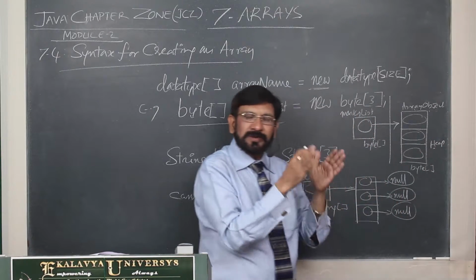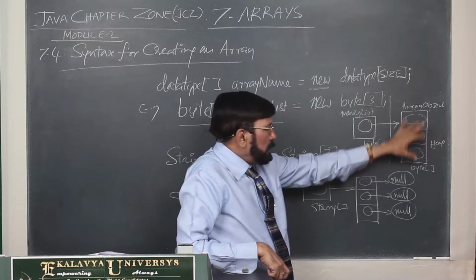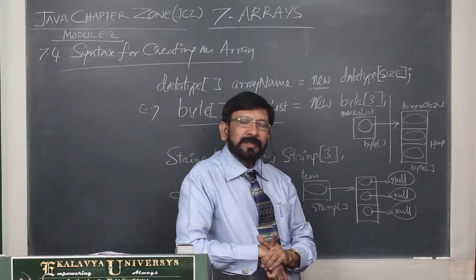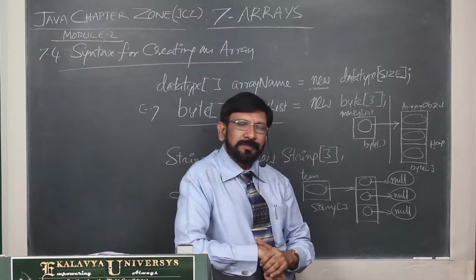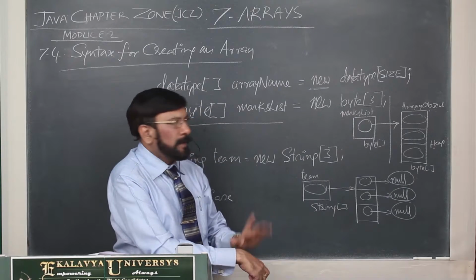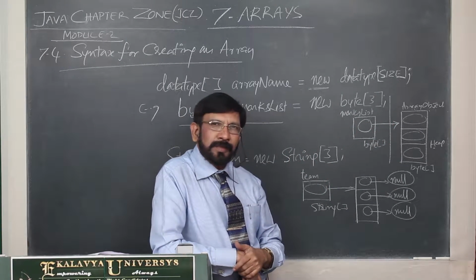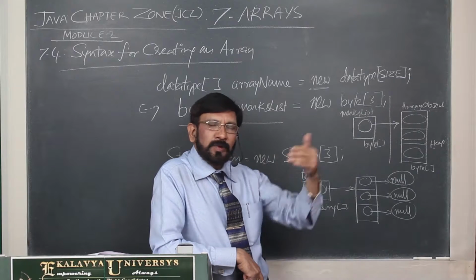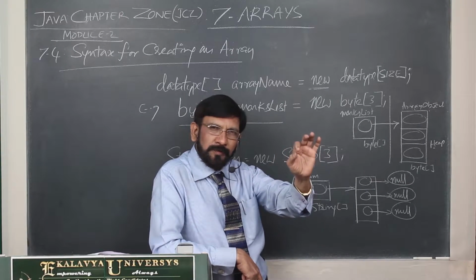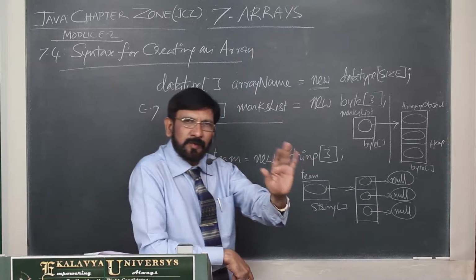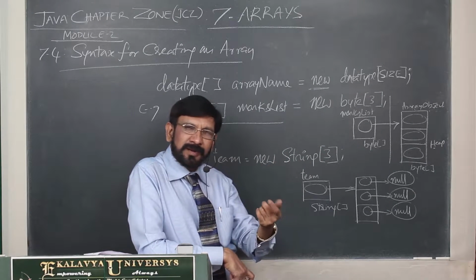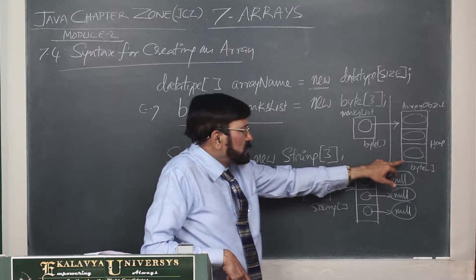Memory is divided in two parts, stack and heap. The new operator allocates memory on the heap memory. Here the problem with the heap is whatever amount of memory you require, you can get it allocated, but you cannot give any name. If you cannot give any name, you cannot access it, you cannot call it. That is the basic problem. If you have purchased a kite, only the paper part of the kite, how can you handle that? To handle that, you must have a string. So this is like the kite.